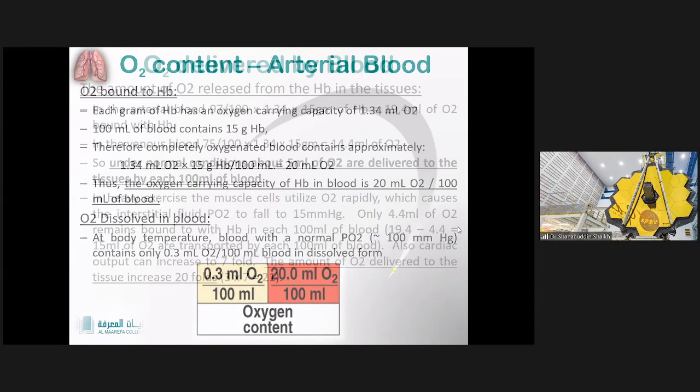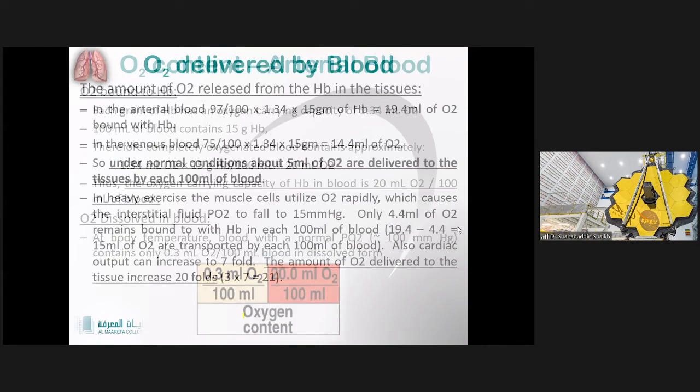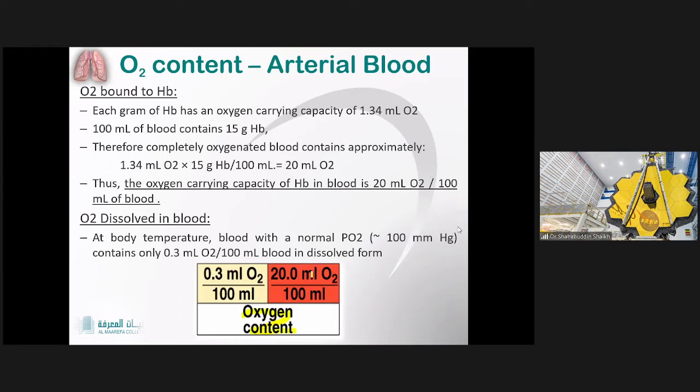So this is where it occurs. When you talk about total oxygen carrying capacity, this is the oxygen content. It is dissolved plus bound to hemoglobin. Together it is approximately 20. It is 20.3, but we say 20. So the total oxygen carrying capacity of blood is